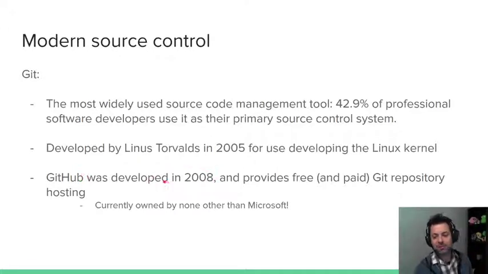So GitHub comes along in 2008, and provides free and paid GitHub repo or Git repo hosting. Now it's pretty much free for everybody. So a couple years ago, dial back a little bit, you would only have like 2 or 3 personal repositories. There was so much you couldn't do unless you were an organization or an educational institution. Like you couldn't check in personal commercial projects for the longest time. They finally started opening things up, which makes sharing things a lot nicer.